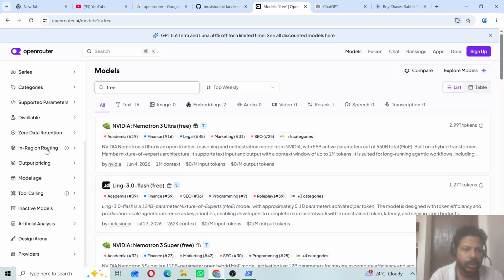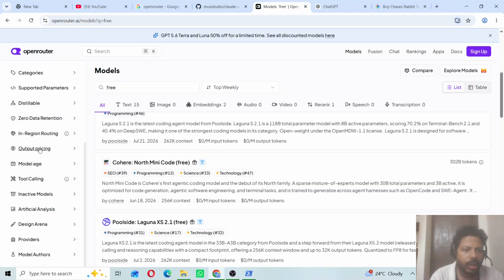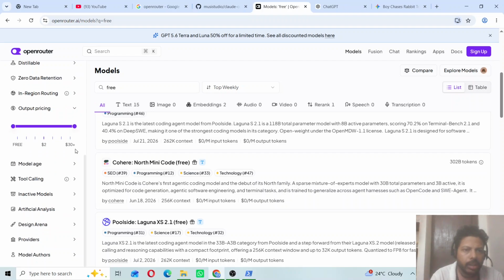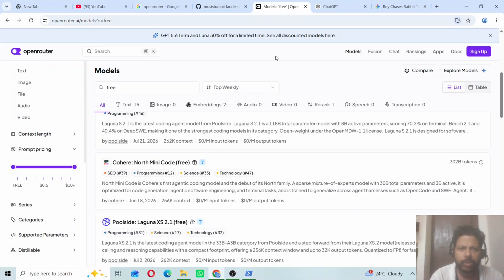But through OpenRouter also sometimes some kind of points come into the picture. So if you see here, output pricing, various pricing is mentioned, and some amount of tokens also you have to pay. Some $10 you have to pay for OpenRouter to get the access. But to avoid this much payment, I have a different solution. The solution is